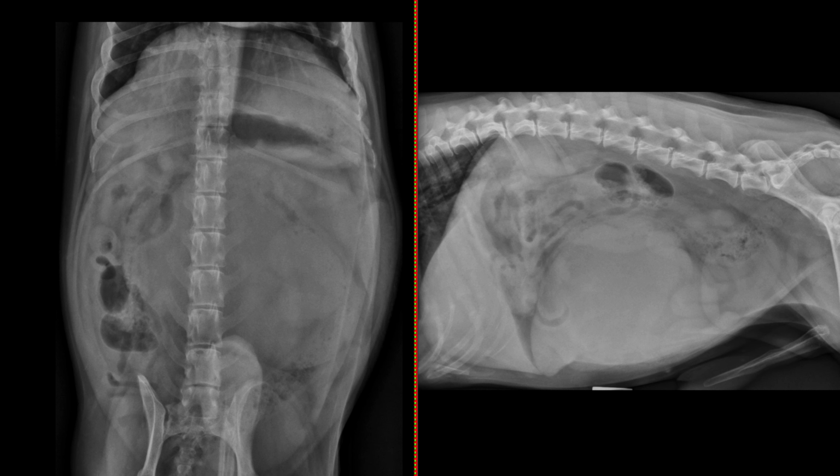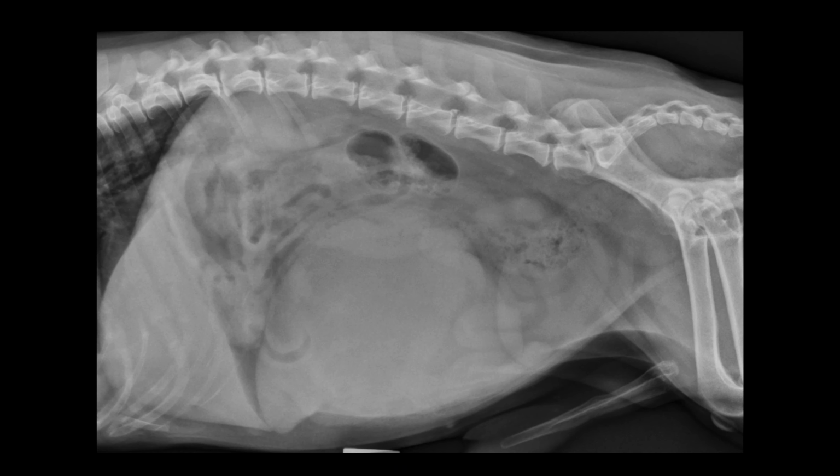Today's example is a 15-year-old male entire Chihuahua presenting for a 2-day history of lethargy and inappetence. Once you have reviewed the radiographs using your systematic approach, then you are ready to watch this video. I will highlight the most important findings on these abdominal radiographs, and we will start taking a closer look at